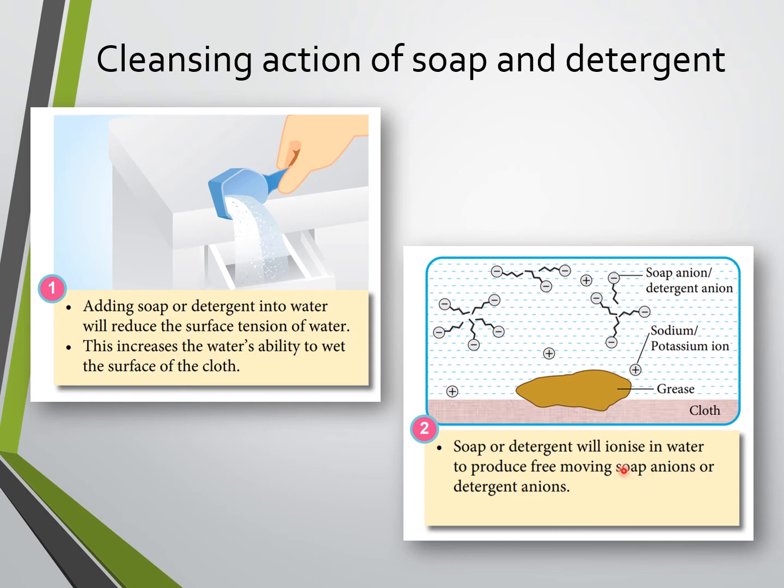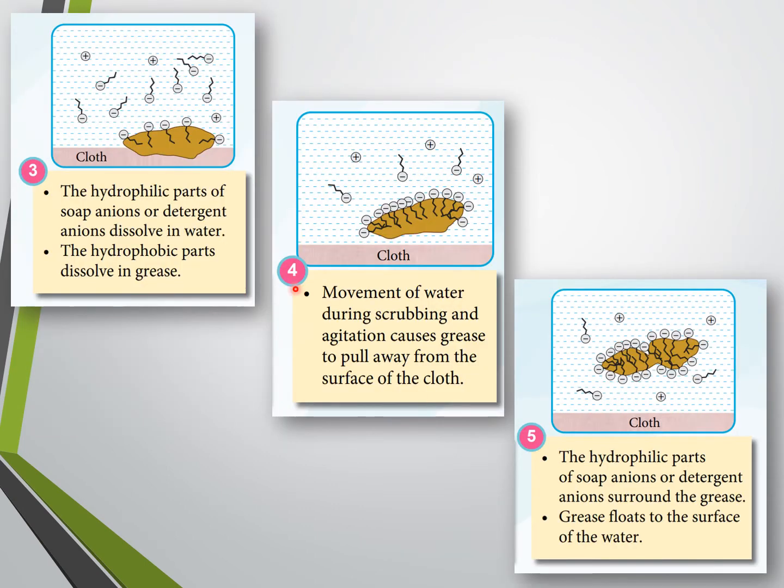Okay, separated first, then the second step. Now the hydrophilic part, the longest chain of soap anions or detergent anions, dissolves in the water. Okay, then the hydrophobic part, the hydrophobic yang takut air tadi, will go into the grease, oils, the kari mamak here. Okay, so movement of water during scrubbing and agitation causes grease to pull away from the